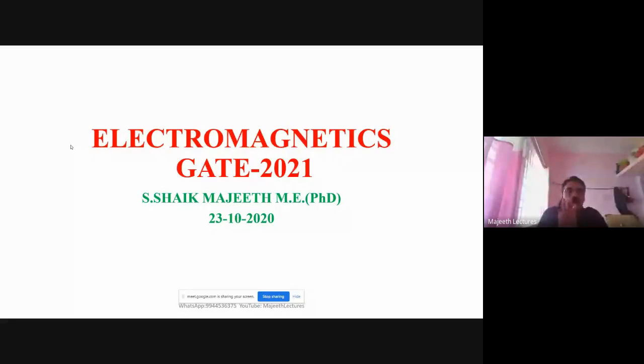The subject I'm going to deal with in today's class is electromagnetics. Even though the subject they have given is simply one topic, it is a combination of three different subjects. One is electromagnetics, the second one is TLW, and the third one is antenna. These three subjects are combined and made into a single subject in GATE. So it is a vast syllabus in the GATE exam, and we can expect more questions from this area. If you are strong enough in this area, you can score 10 to 15 marks. That will improve your GATE score in a huge way, right?